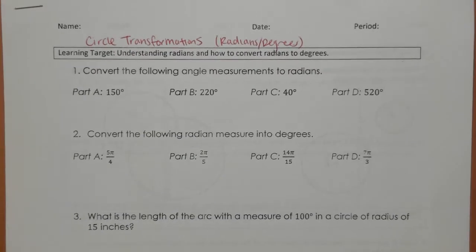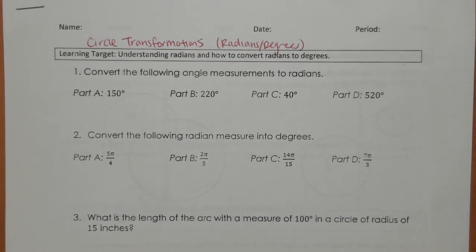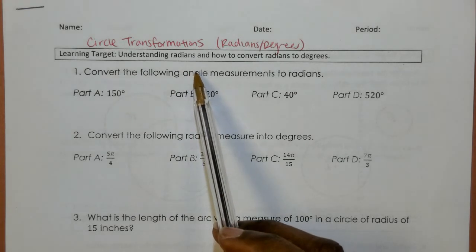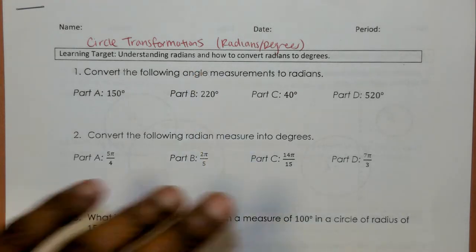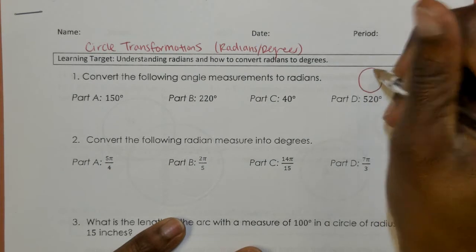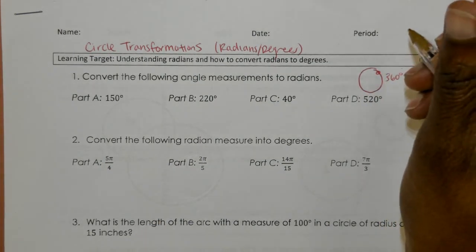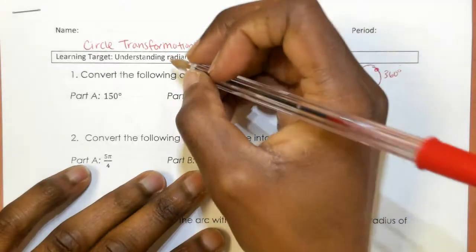Okay, this last video of Unit 9 is on circle transformations and radians and degrees. So, understanding radians and how to convert radians to degrees. We know degrees, like a full circle would be 360 degrees. And radians is a way to measure the circle